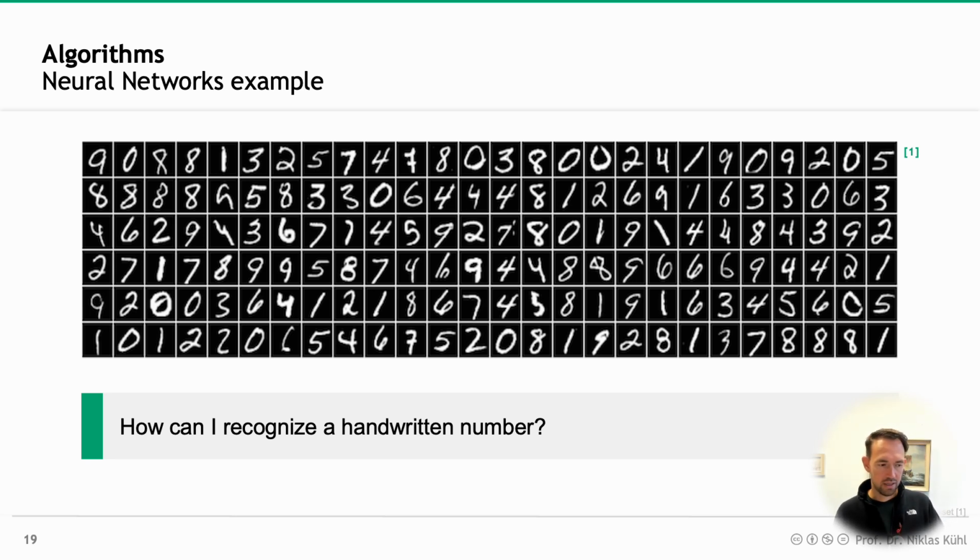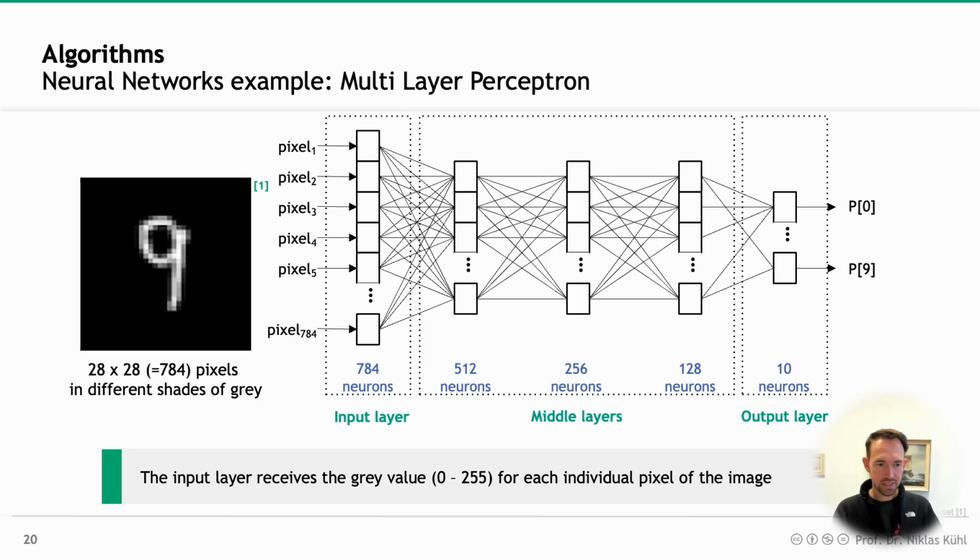So how can an artificial neural network recognize a handwritten number? Let's take one of these numbers from the dataset that you can see over here. In this case, a 9. And now what we do is, you can see it by the resolution over here, this 9 consists of 28 by 28 pixels, so 784 in total. And as this is only black and white, we have different shades of gray. So the way that you transform this now for this artificial neural network is every single pixel, so say 784 in total, will be one of the input variables here. So will be one neuron in the input